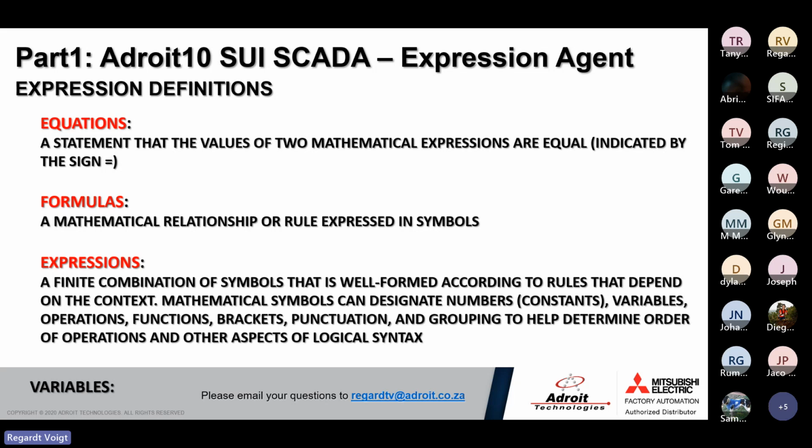That's a combination of symbols, which is combined according to the rules of your mathematical and logical functions. Also it can contain constants and variables. And as with formulas and equations, it will obviously have operations, brackets, and punctuation, and so on. We'll have a diagram just to explain how these fit together